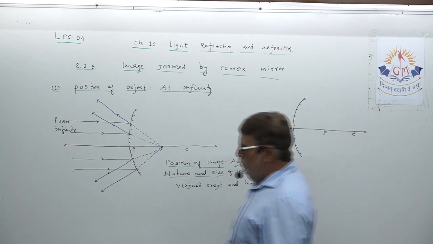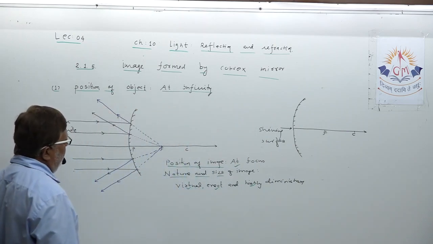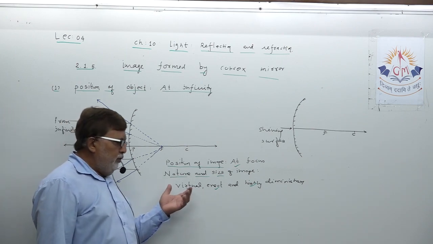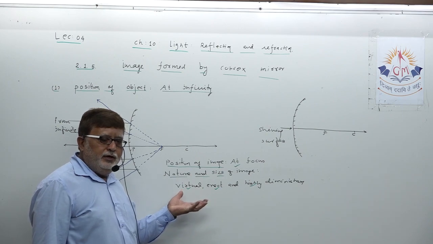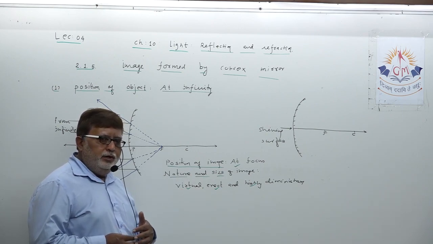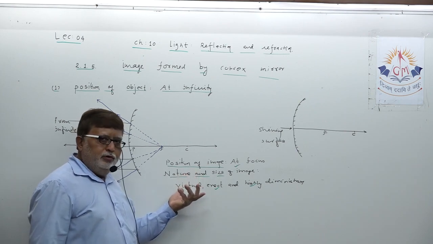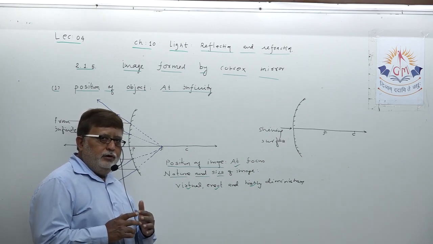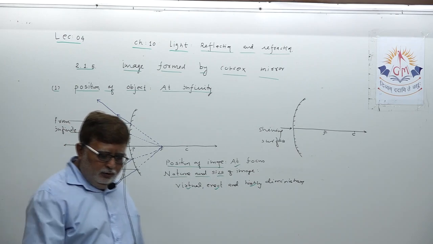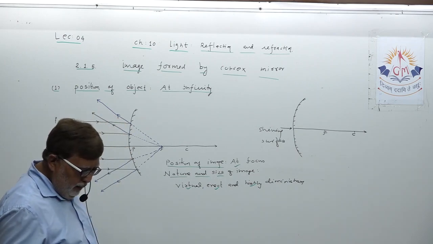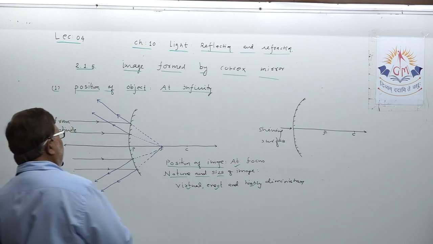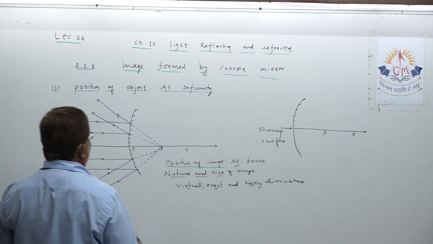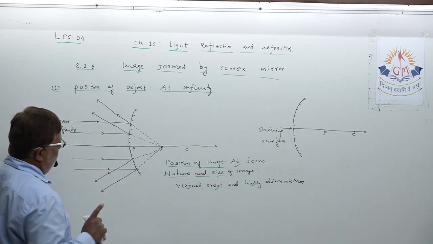You have to think of one fact and the rest of the two facts have to click in your mind. You think of position of object, and position of image and nature and size of image has to strike your mind quickly. You think of position of image, position of object, and nature and size of image has to quickly strike your mind. Understand? So dear student, the first one: object kept at infinite distance and the image is virtual, erect and highly diminished. Okay, so this is the first image